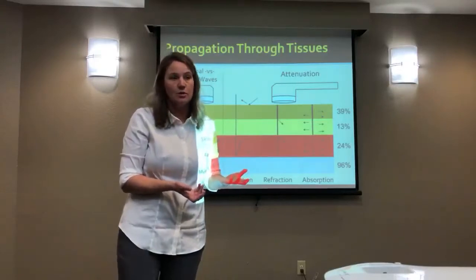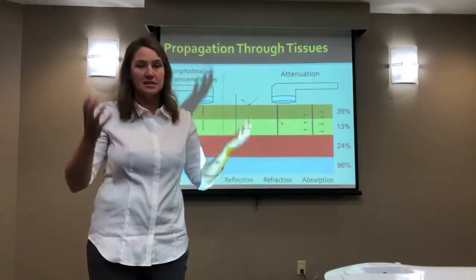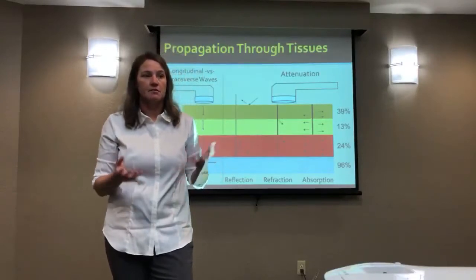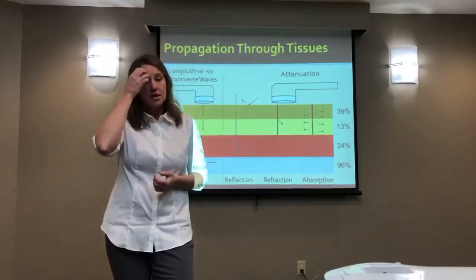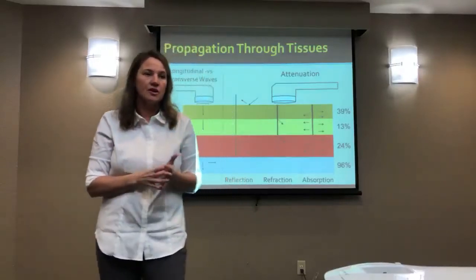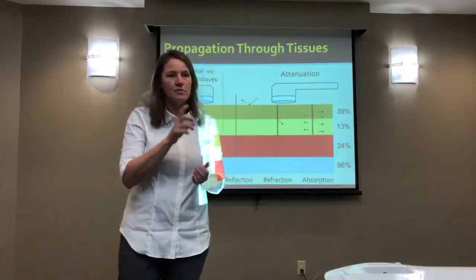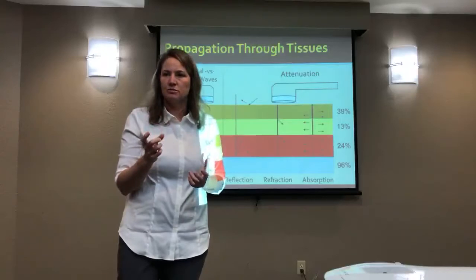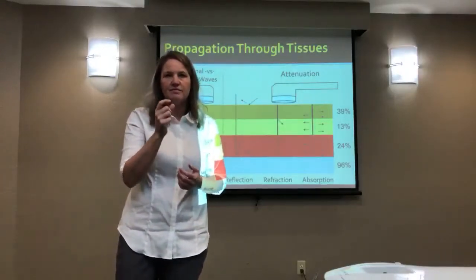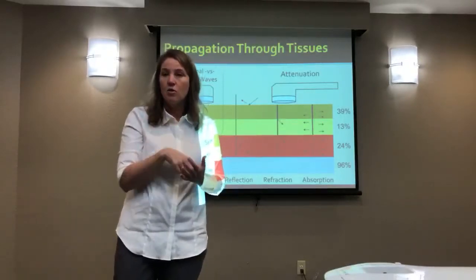The fat. I mean, it would be easier to penetrate, meaning it would be easier to get to the target because less is attenuated in the fat, which is the opposite of E-stim. That's much more difficult to penetrate. So if I'm looking at someone and I'm thinking about doing ultrasound, but the target is, let's say, the joint capsule or the tendon underneath close to, say, 4 centimeters of tissue, my question would be, could I get there? If it was thick skin and 3 centimeters of muscle, my chances of getting there are lower than if it's